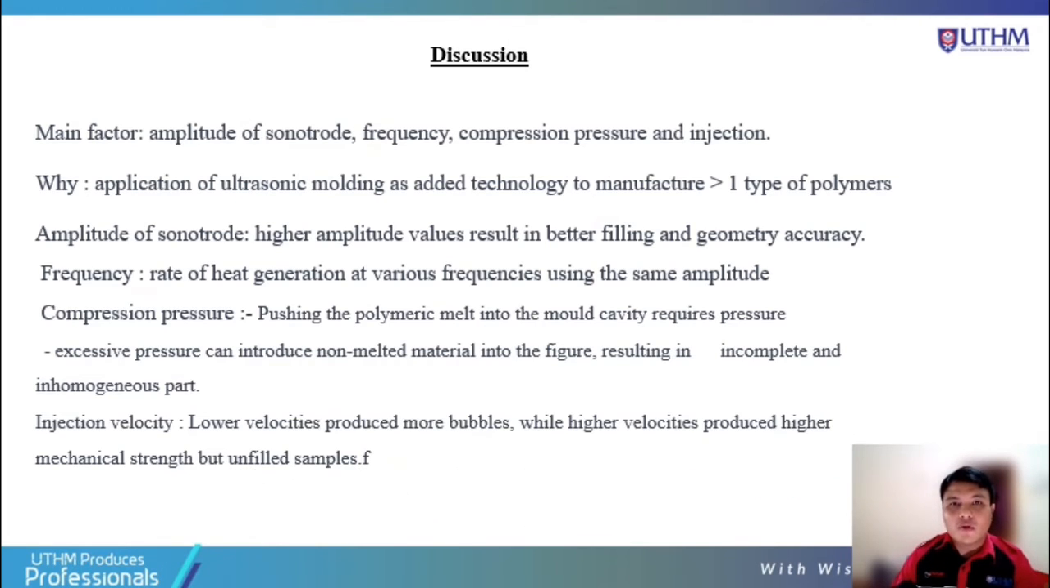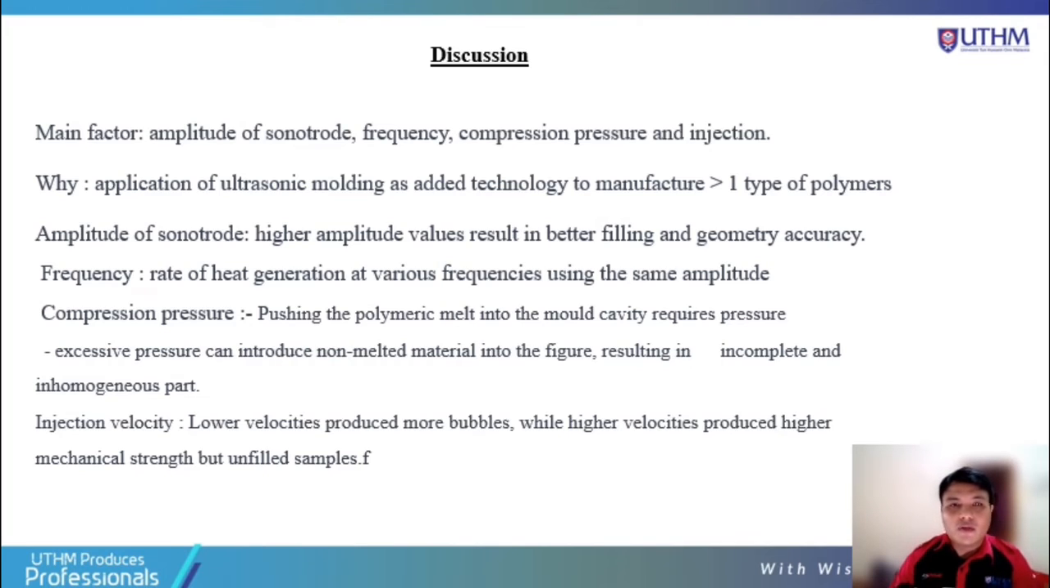So today I'm going to talk about the discussion. For this part, main factors such as amplitude of sonotrode, frequency, compression pressure, and injection velocity are going to be discussed. Why? Because in this project, the application of ultrasonic molding has added value as a technology to manufacture more than one type of polymer. So going to our first point,